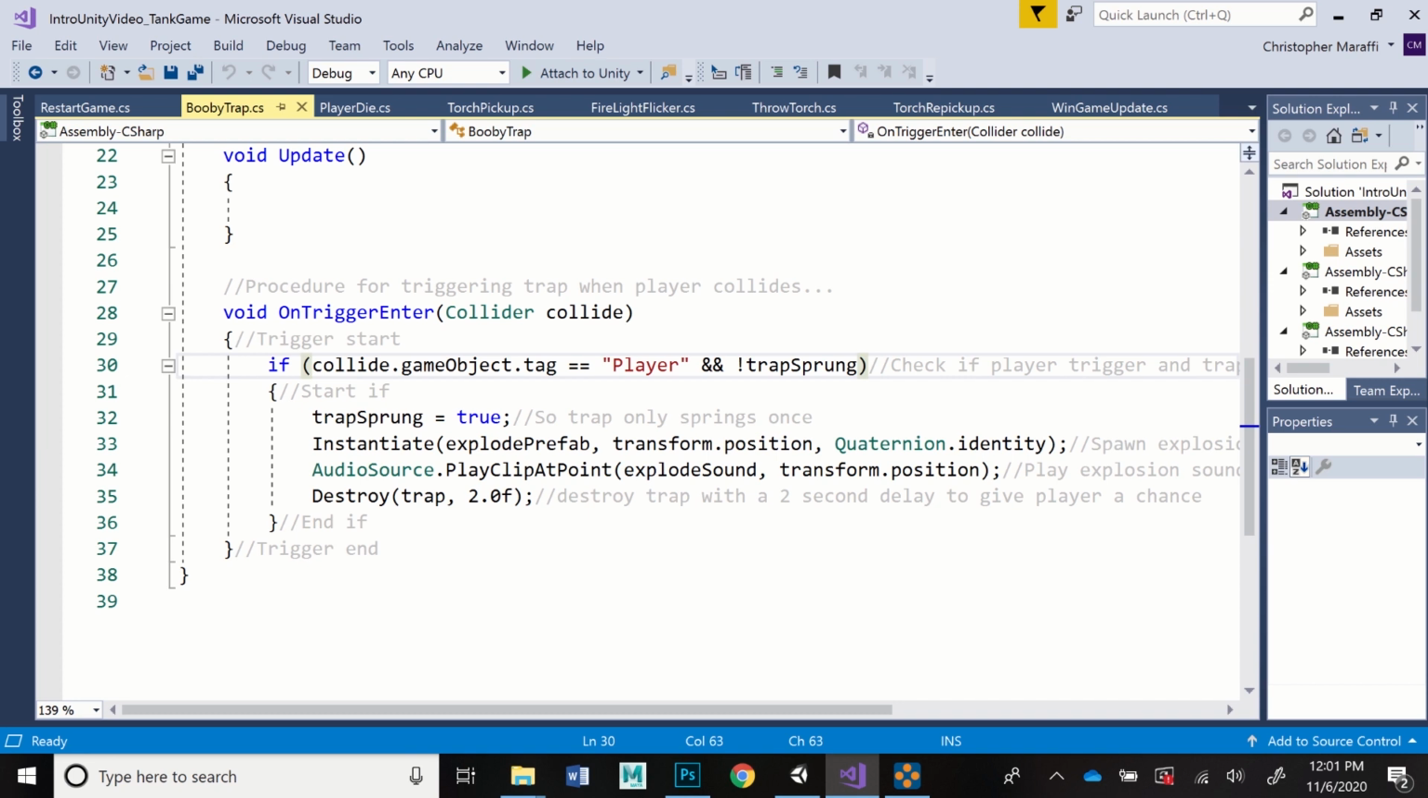You should know that the exclamation point means not at this point, and that's saying that it should be false. It's true if that variable is false, meaning it hasn't been sprung yet. And then if that's so, it will go ahead and spring the trap. And trap sprung is set to true so that this won't go off again. There's nothing to set it back to false, so for the remainder of the game, it will remain true once